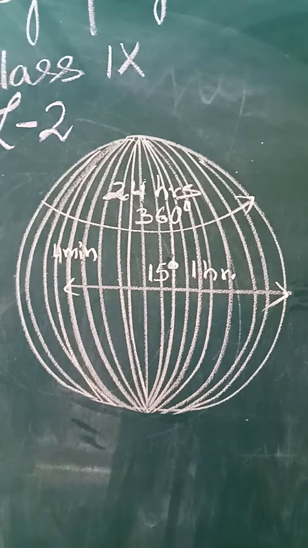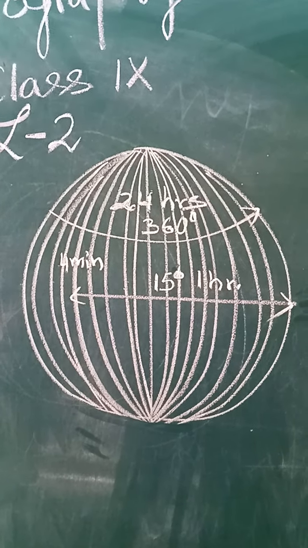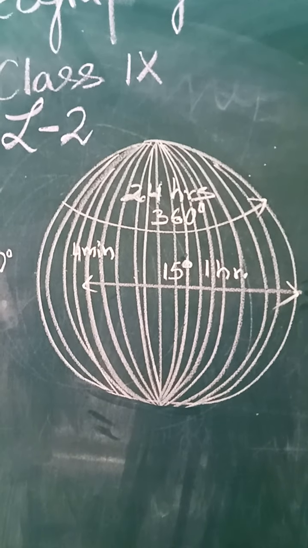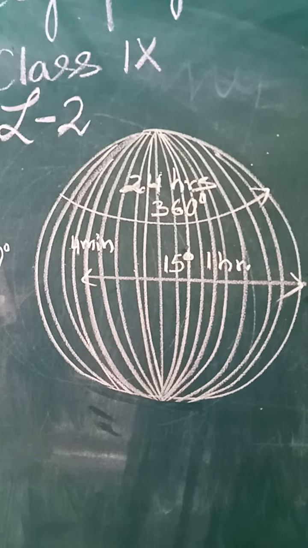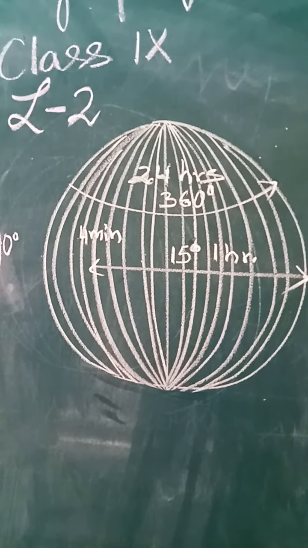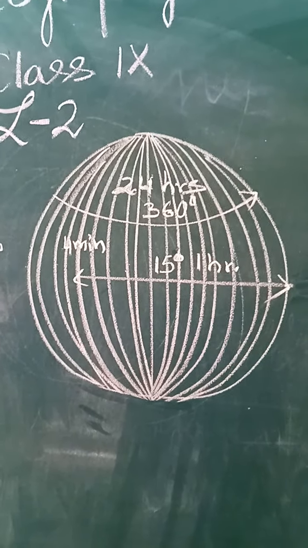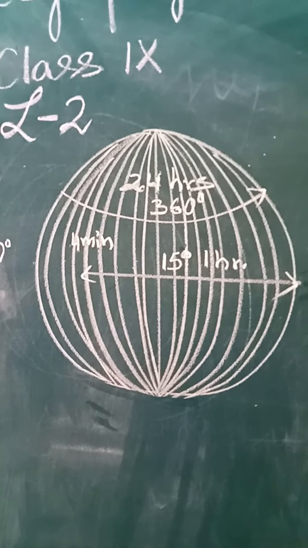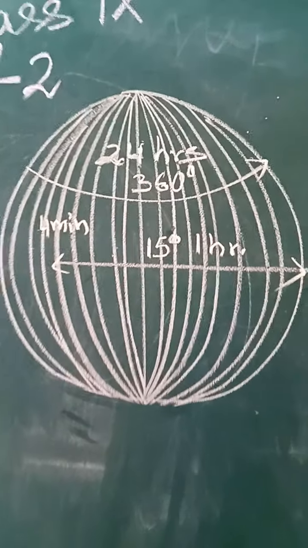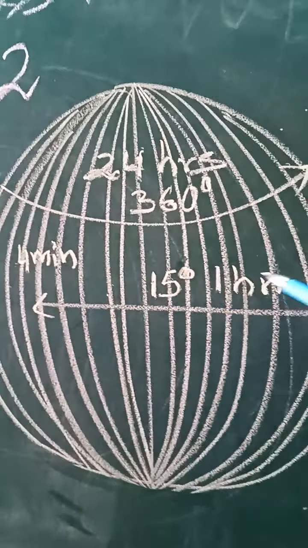Now I shall explain to you with the help of this diagram. You see here on this diagram, a globe is made, that's the earth, and we have all the lines of longitude. There are 360 lines of longitude equal to 360 degrees, that is the complete circle, the complete circumference of a sphere. So when the earth spins from west to east, the sun falls on the surface of the earth while the earth is spinning round.